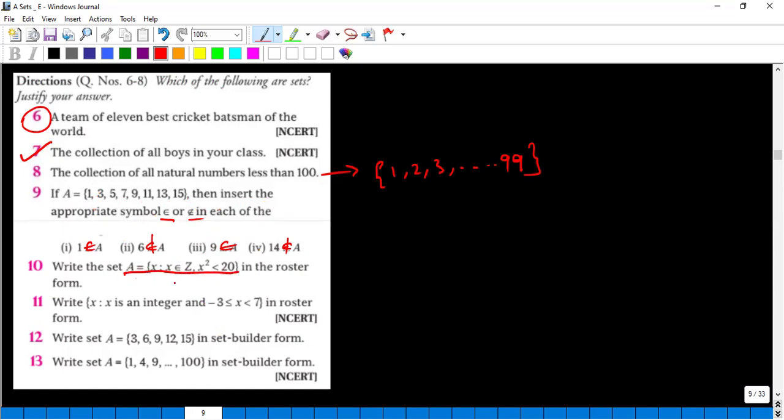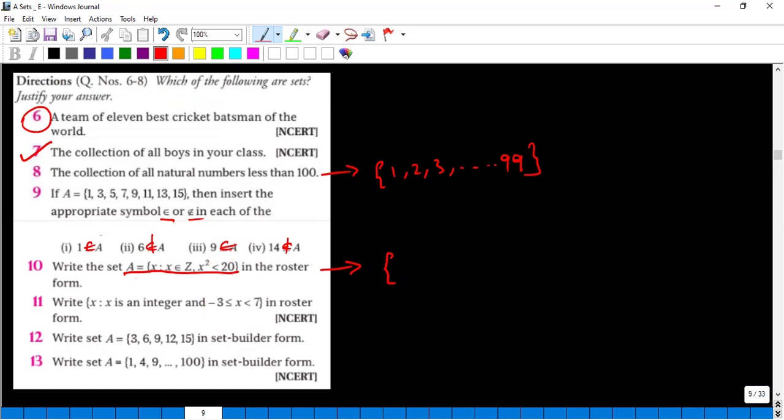Set builder form: A is equal to x such that x belongs to Z, where Z means integers, and x square is less than 20. You need to take such numbers where x square is less than 20. x square means square of the number. 5 fives are 25, of course, it is greater than